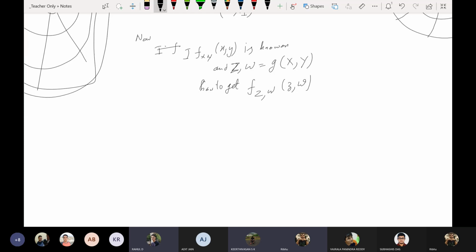So here Z and W are, and so I have x and y, and I define Z, W as a combination of functions of x and y. G is a vector valued function, you can say. G1, G2, you can define it as a function. So then what we get is f of Z, W